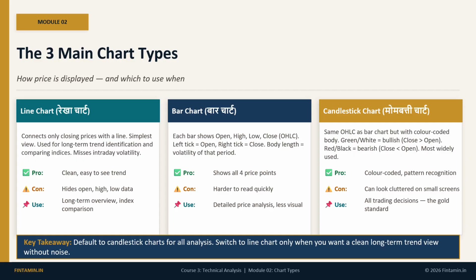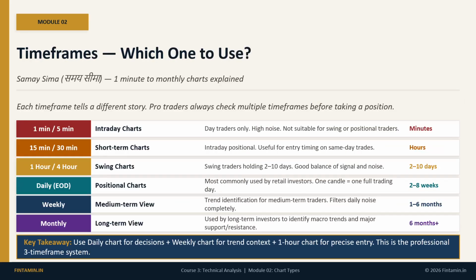My recommendation for all traders: use candlestick chart as your default. Switch to line charts only when you want a clean trend view without the noise. Time frames: which one to use? The time frame you choose determines the story the chart tells you. A 1 minute chart and a weekly chart of the same stock look completely different and are used for completely